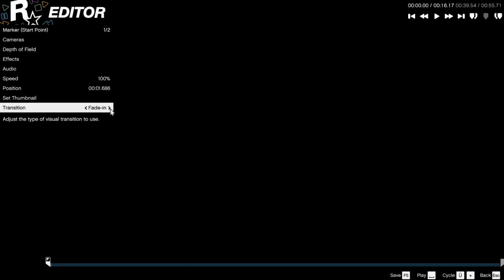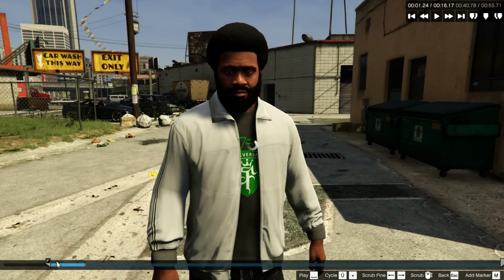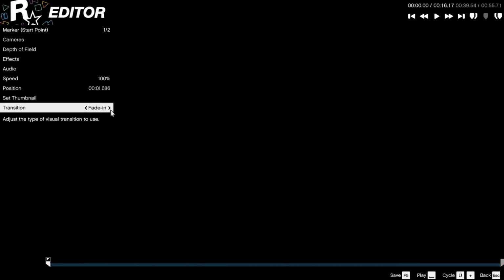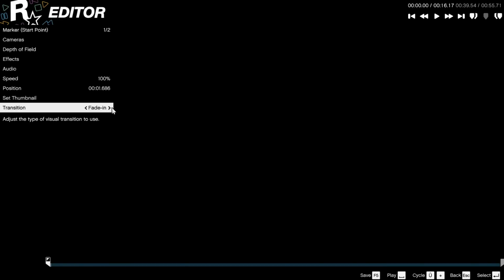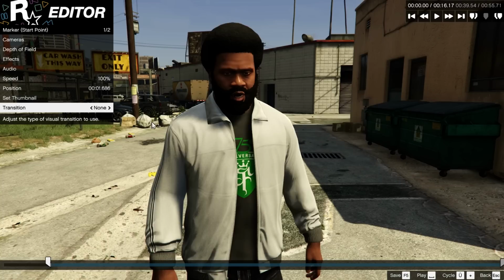The transitions at the end can be ignored in my opinion because you can also do that later on in the post-production. And I insist again that you use the keyboard shortcuts that are shown in the editor. Get used to them, they make your life so much easier.